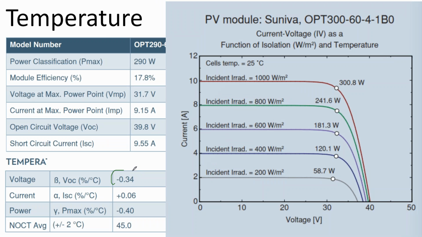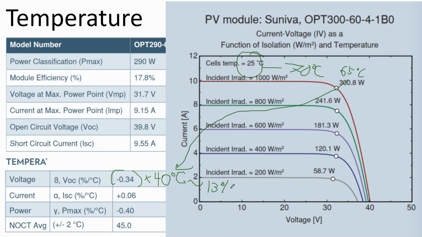So we take our 0.34 and we multiply it by our 40, let's just call it 40 degrees Celsius difference between the lab condition of 25C and what we actually saw up on the rooftop of about 70C, or in this case if it were 65C, giving us our 40 degrees Celsius difference. That's going to be about 13% loss due to heat